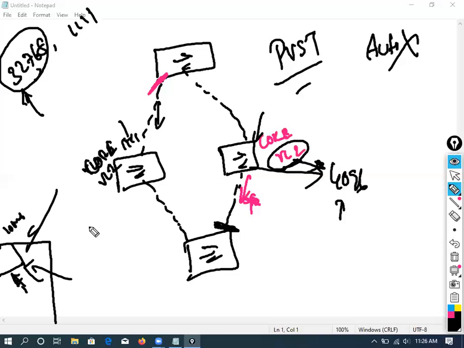The core layer, whatever switch you keep, make that the root, or maybe the distribution layer switches, you make it the root. Is it clear? Don't leave it as auto because it gives a lot of problems. What problems you get and how to design, for that you have a separate course in CCNP. For designing, you have a separate paper, a separate concentration in the upcoming CCNP certifications. So you got the concept, right? I just included all this so you get an overall idea of what it is.